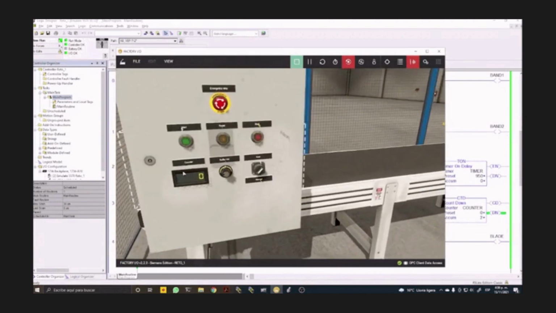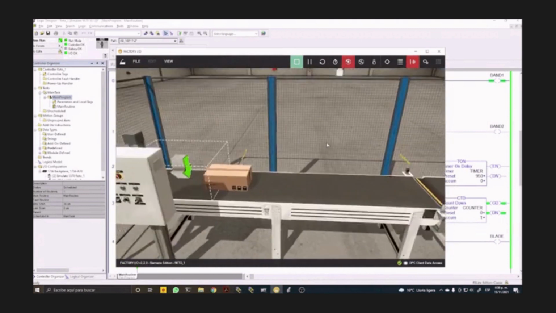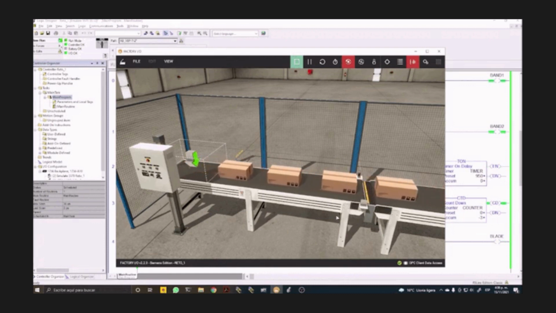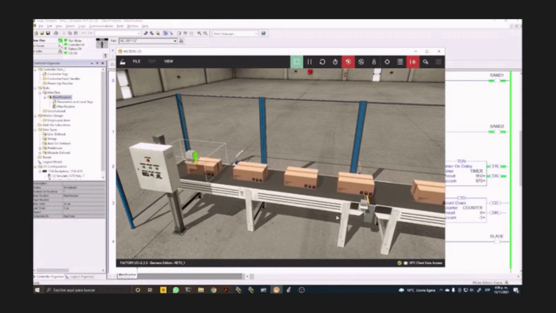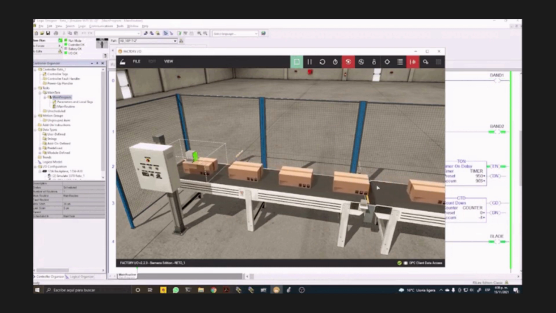At this moment, the boxes will start to move. When the first box arrives at the second sensor, the blade will go up and the conveyor belt will stop. From now on, the boxes will pass one by one to the second conveyor belt, which will be active when the blade goes down. Finally, to stop the process, it is necessary to click the red button, which is configured as a normally closed contact in Factory IO,